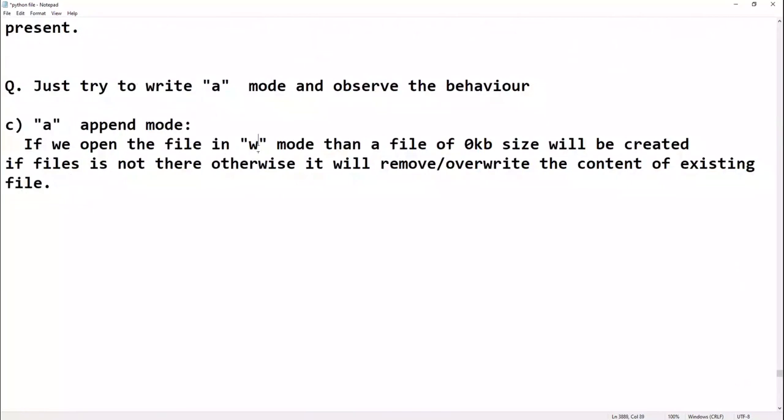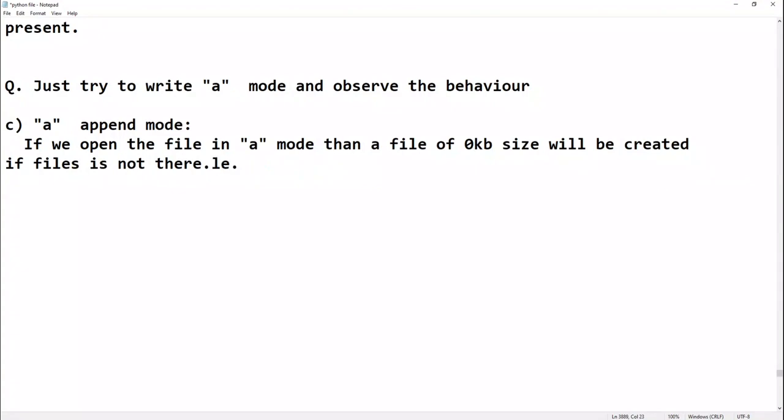It will open the file in A mode. If we open the file in A mode, then a file of 0 KB size will be created if the file is not there. This is the same as write mode. If the file is not there, append mode will also create the file.